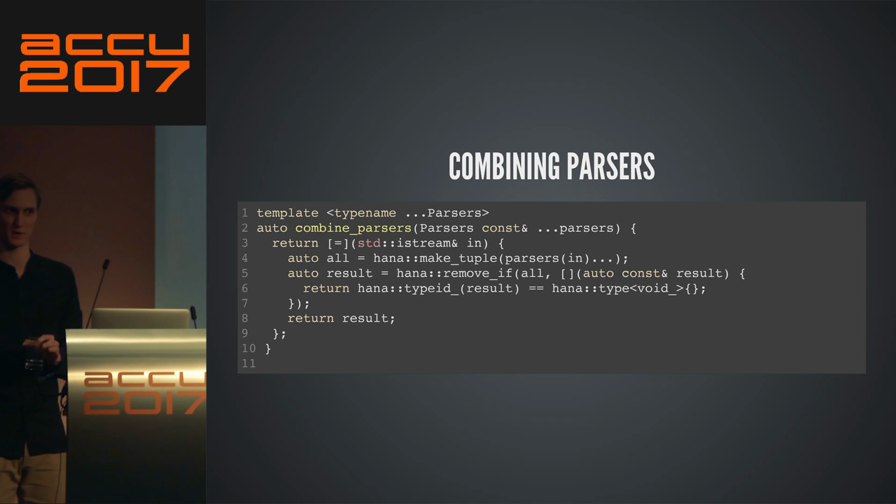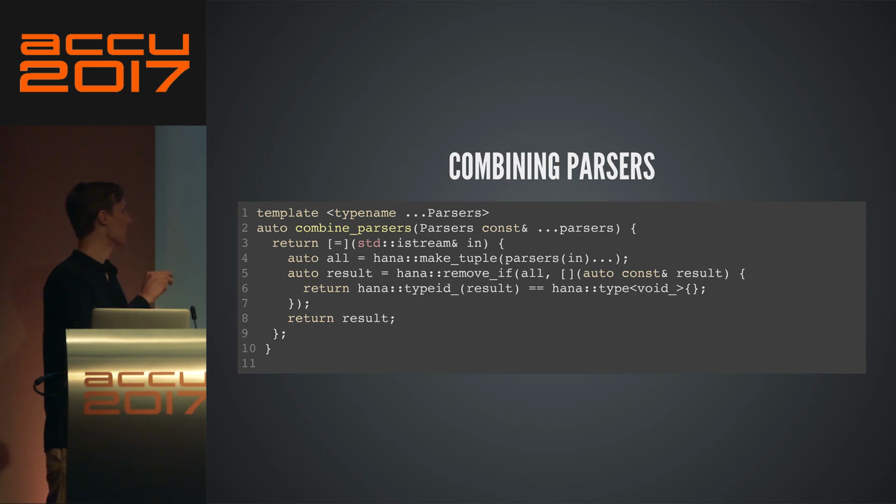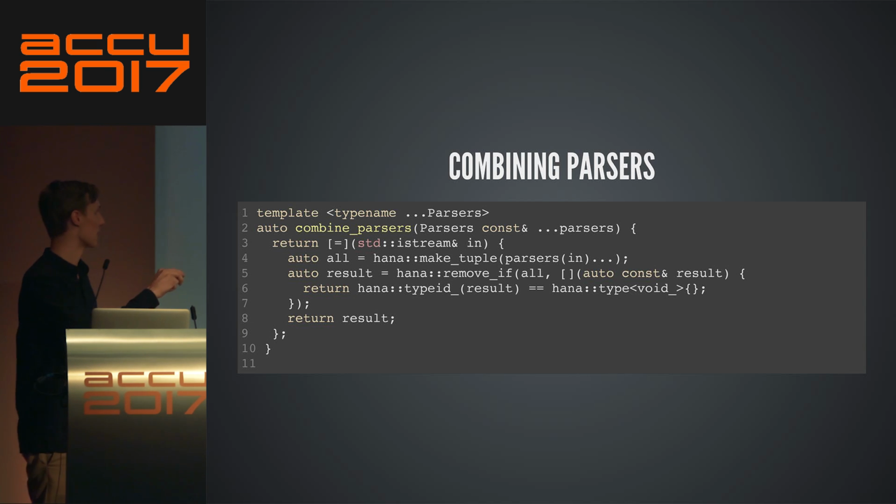I'm seeing some people agree, some people not doing anything. Raise your hand if you don't understand. Just to be sure, I'm going to re-explain this. So here, I have a bunch of parsers. I call each parser on the input stream. This is variadic parameter pack expansion. Imagine this is parser 1, 2, 3, up to n. So I do parser 1 on the input stream, comma, parser 2 on the input stream, comma, and so on. So I call all my parsers.